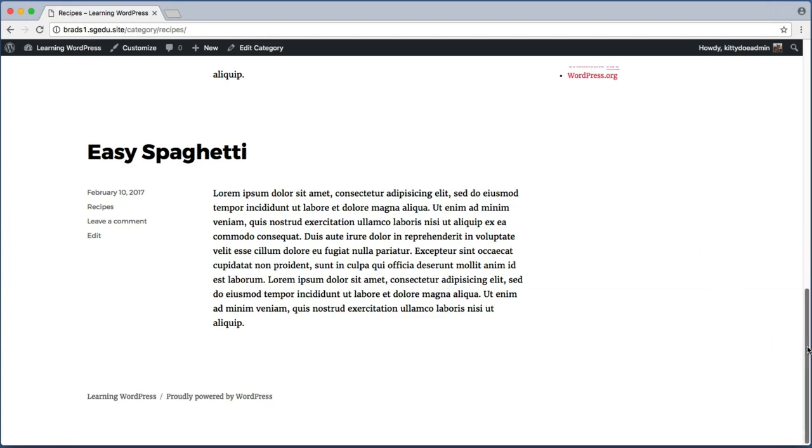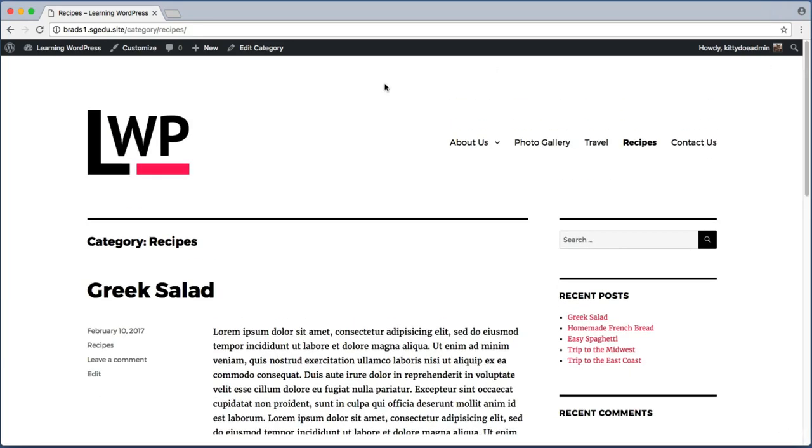Now this is a great setup because maybe a week from now we'll come back to our website and want to add a new recipe, and all we need to do is create a new post and assign it to the recipes category, and it will automatically show up at the very top of our recipes page. Now at this point you might be thinking to yourself, okay, so I'm starting to get the grasp of things. Now I know how to create a dedicated page for only recipe blog posts, and I have a dedicated page for travel-related blog posts. Your next thought might be that maybe you don't want your home page